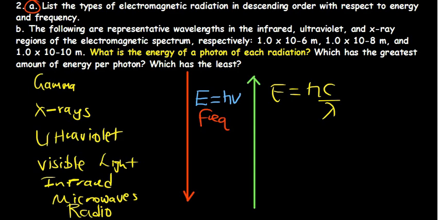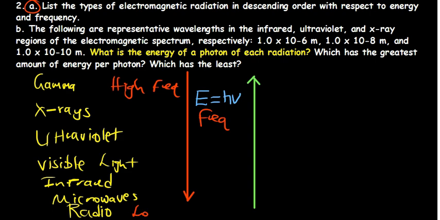One way you can easily remember, let me write for you something that can help you. Gamma rays has got the highest frequency, and then radio waves has got the lowest frequency. So: Great X anchor